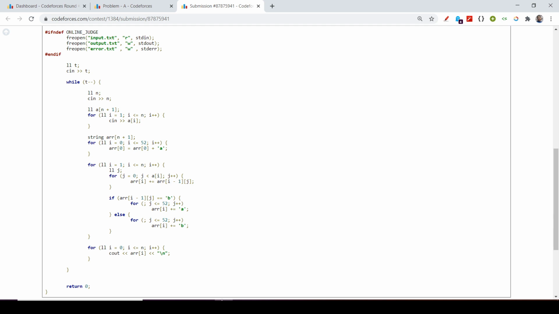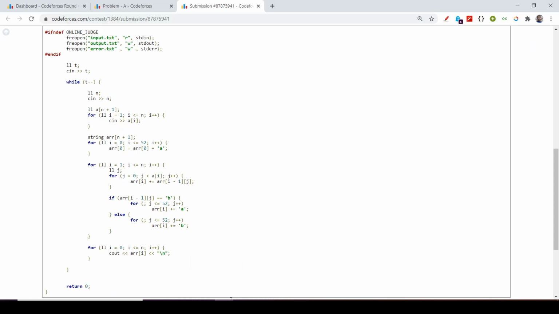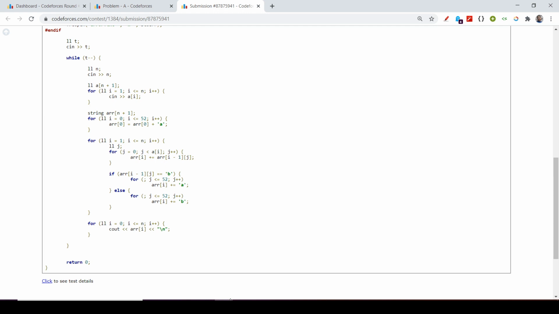Then I have my array of strings, arr of 0 being the initial one, then arr of 1, and so on up to n, which means n plus 1 strings. Then I iterate from 1 to n, because I have this arr of 0, the first string of length 53, which has all A's.